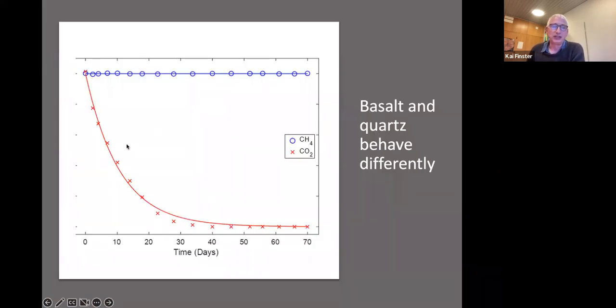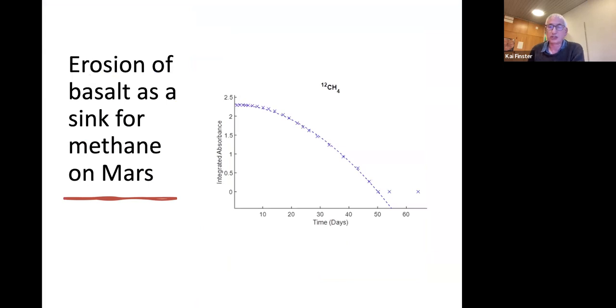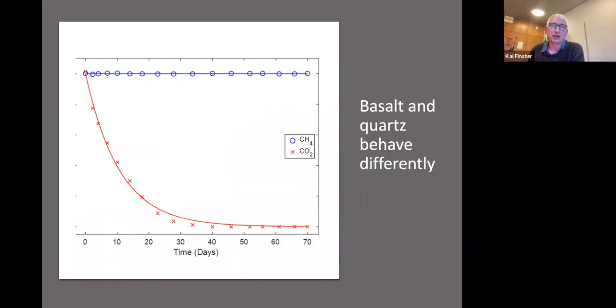So what we saw here, it's difficult to see, this is just the axis. We have two different compounds, methane and CO2. What you see here is that over a period of 70 days, our experiments last for quite some time, so you have to be patient, we saw that CO2 was removed, but methane was not removed. So our conclusion is that the removal of methane that we saw in the previous experiment was not due to the presence of basalt, but it was due to the presence of